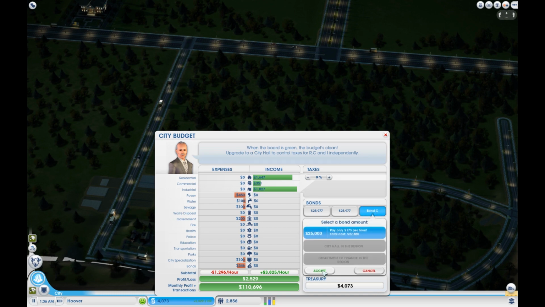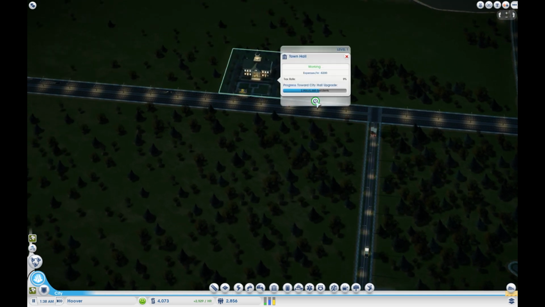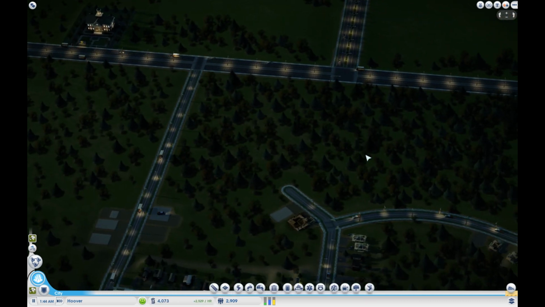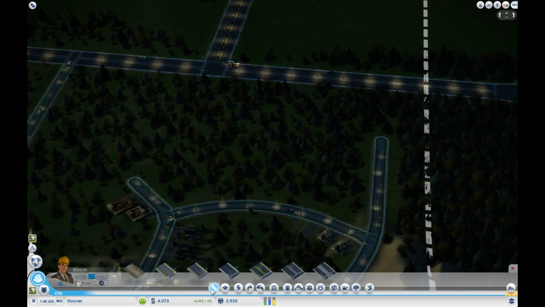When is the... I want to make a bigger loan. Okay, so I need 5,000 residents before I'm upgrading the town hall to a city hall, and then I will be able to loan 5k, because I want that thing here, so I can put some stuff there. In the meantime, let's